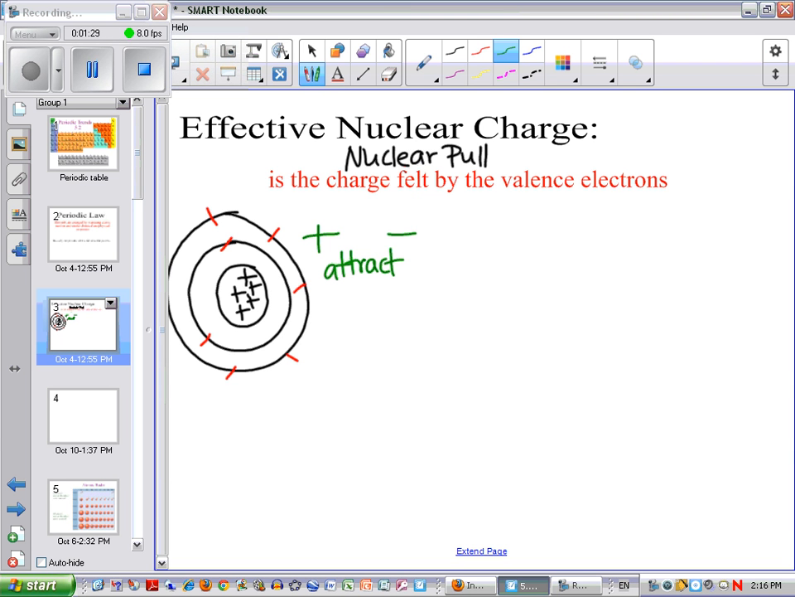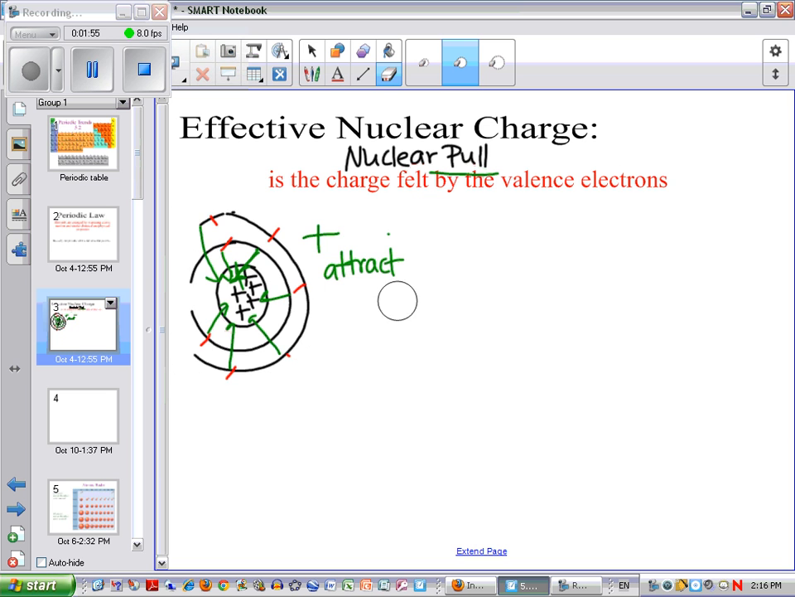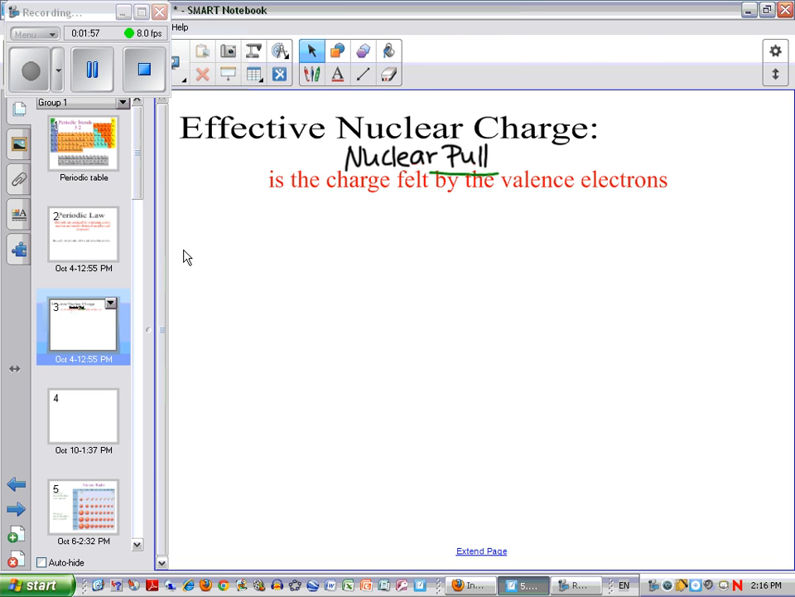So what's happening is these protons in the middle are pulling on these electrons, trying to keep them from floating away. They have this sort of pull or attraction on those electrons. Hence why, instead of calling it nuclear charge, sometimes I call it nuclear pull. So basically it's the pull of the protons on the electrons. Now when we look at our atoms, and we look at how the pull of the protons on the electrons changes from atom to atom,